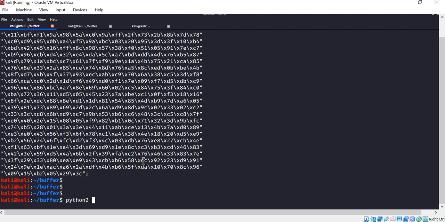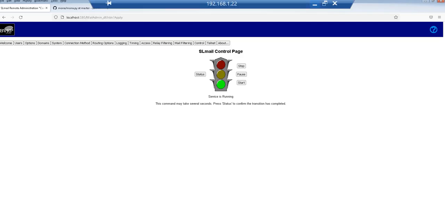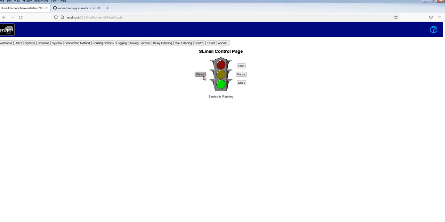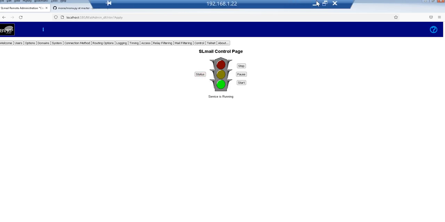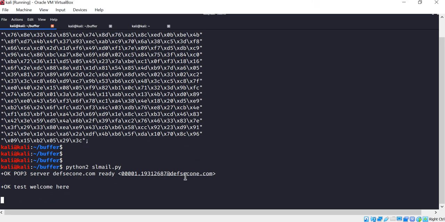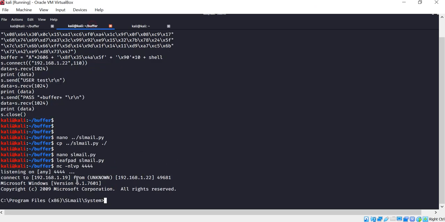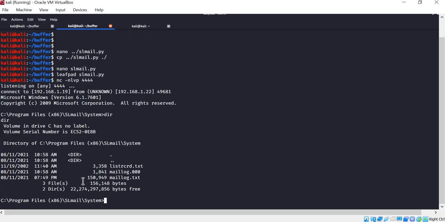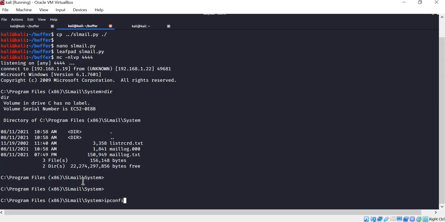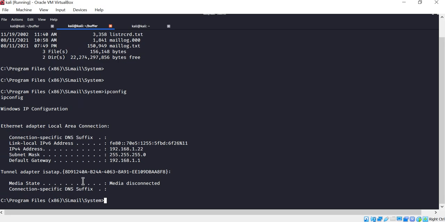And now we could say python 2 slmail, and let's ensure that the service is running and then press enter. And let's open the NC terminal now, and you could see that we got this shell. So this is how to exploit.